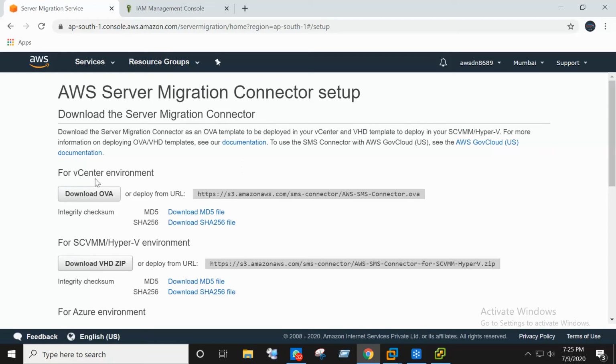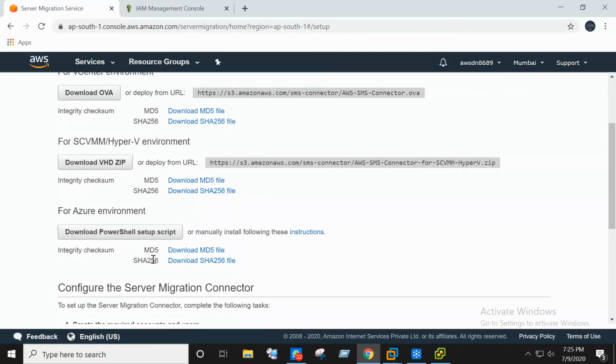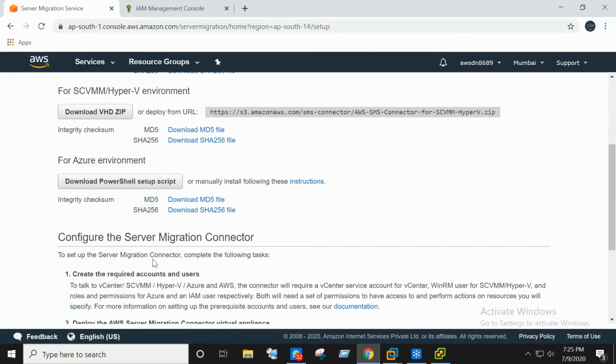The first one is the vCenter environment. The second one is SCVMM, System Center Virtual Machine Manager, Hyper-V environment, and Azure environment. Even if you have virtual machines in Azure, you can migrate them from there to AWS.